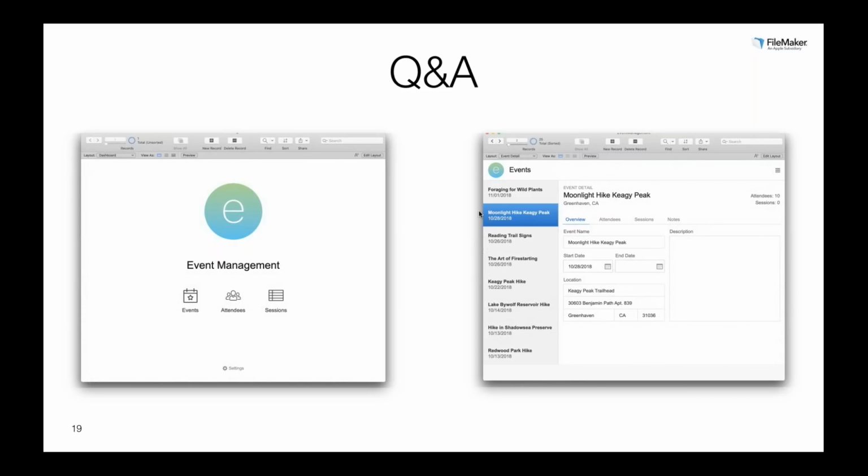So the first question is, can I use FileMaker Pro 15 to use these templates? The short answer is yes. However, the slightly more complicated answer is these templates were designed with FileMaker Pro 17 in mind. They use some features and functionality of FileMaker Pro 17 that would not work if you opened them up in previous versions of FileMaker. Probably the biggest one that comes to mind would be the master detail functionality that I